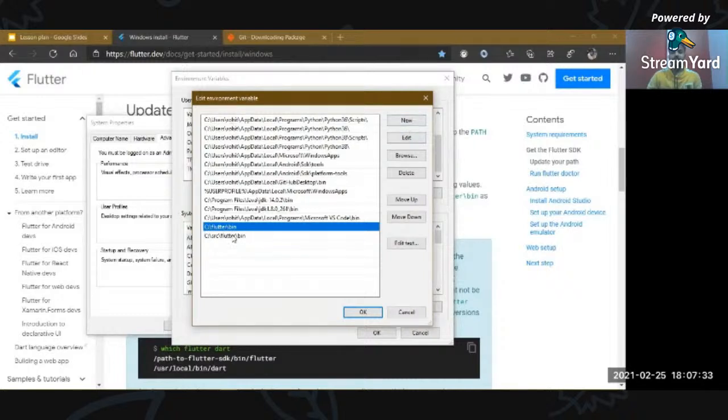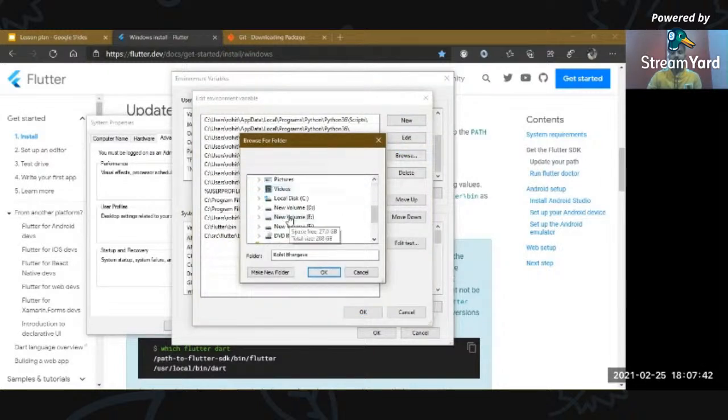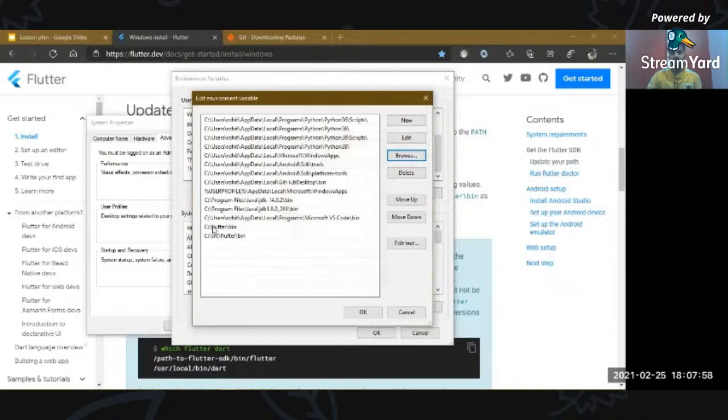If there is no path, then you can configure it, and as you click new, you have to browse it. Then you have to go to wherever you have extracted your Flutter SDK, right? So Flutter, then the bin location, then press OK. I've already configured it, guys, so I'll not be doing it again.